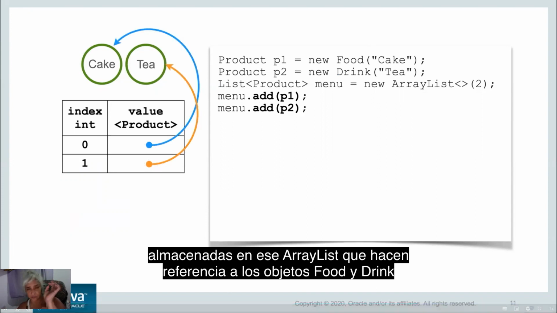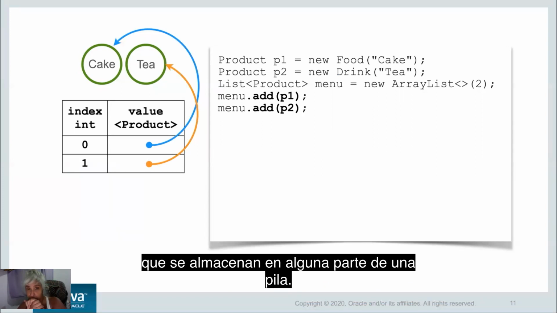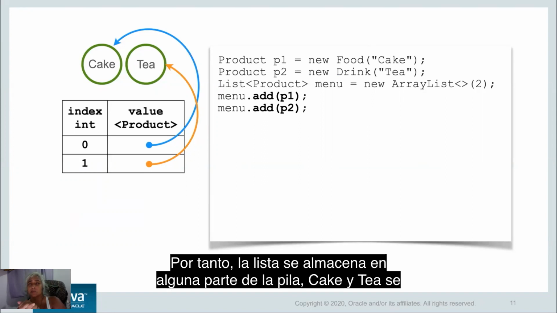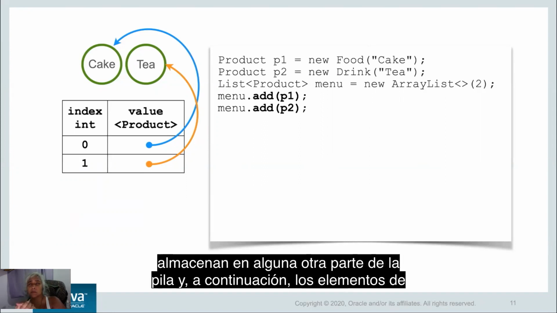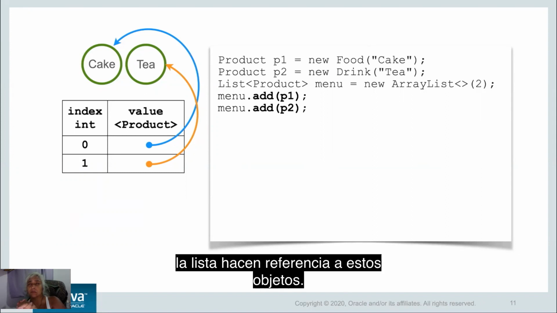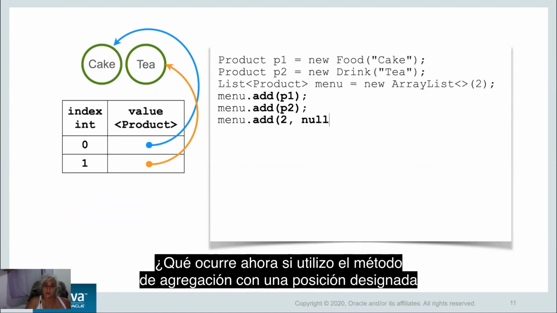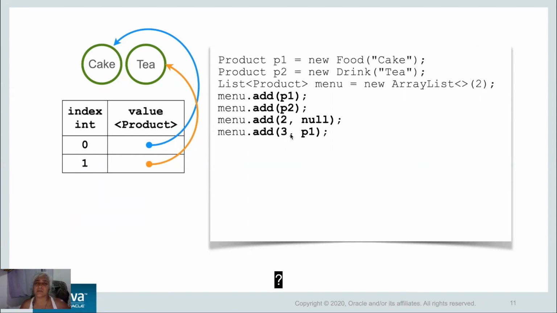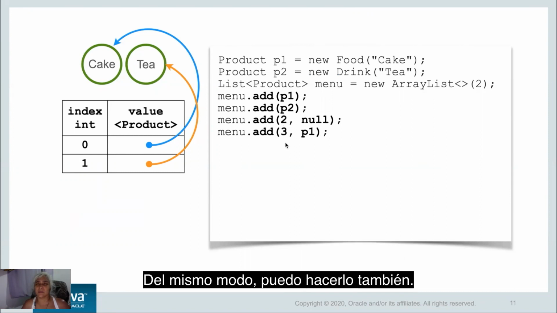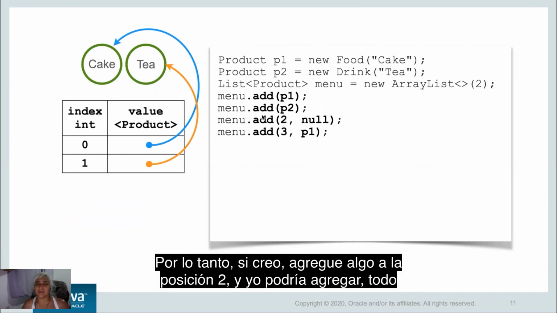Stored inside that ArrayList refer to the objects that are stored somewhere. So the list is stored somewhere in the heap, and the elements are stored somewhere else in the heap, and then the elements within the list are referring to these objects. So they're not null. We just added some content. Now what is going to happen if I use the add method with a designated position? Apparently I can do that as well. So if I say add something to position,